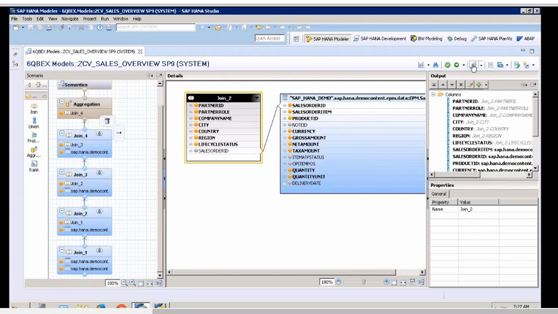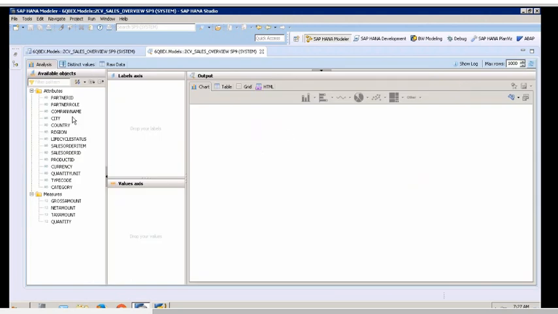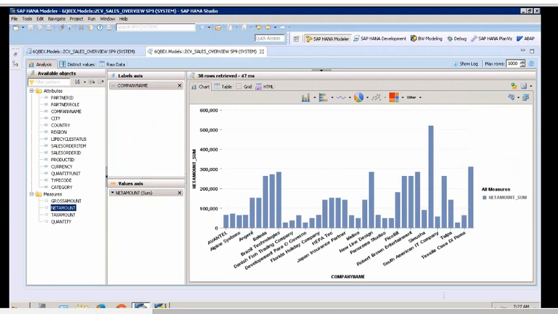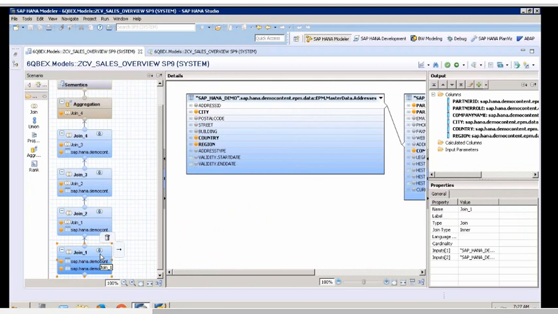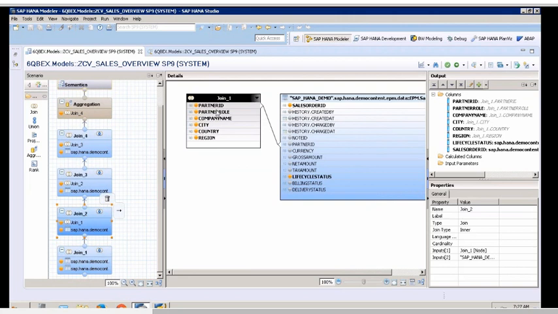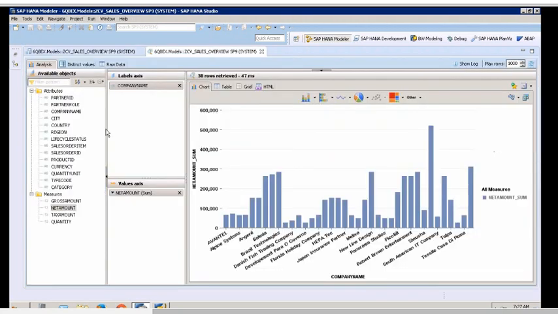But when I try to run the output, say for example, I run the result saying company name and gross amount. This is my report. When I run this report, it doesn't mean that it starts executing, say, first this join, joining both the tables and getting the 6 columns, then the next join, joining these 2 tables and getting all the 8 columns. It does not bring all the 8 or all the 6. What is my output here? What did you want? Company name and net amount.